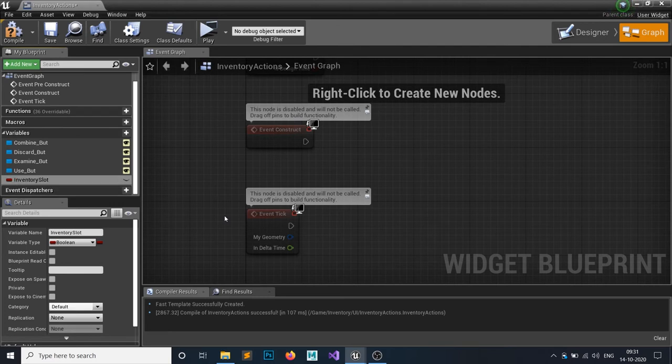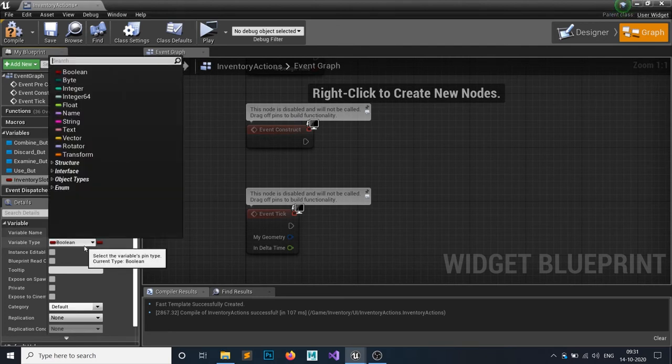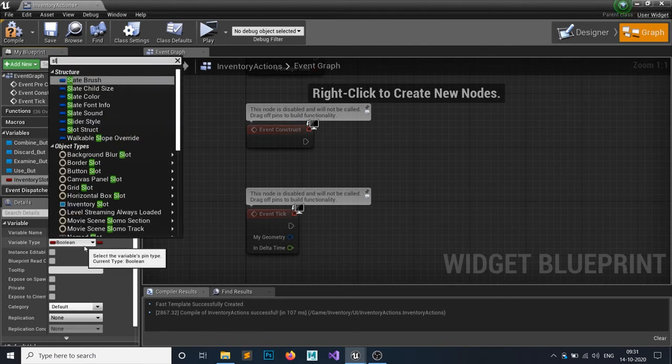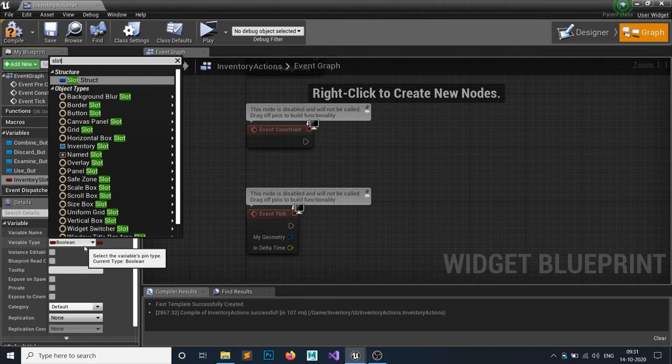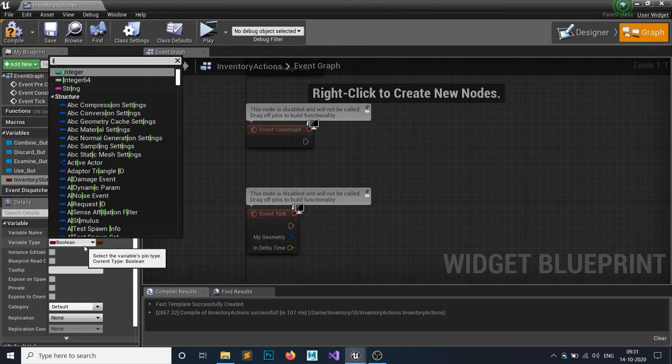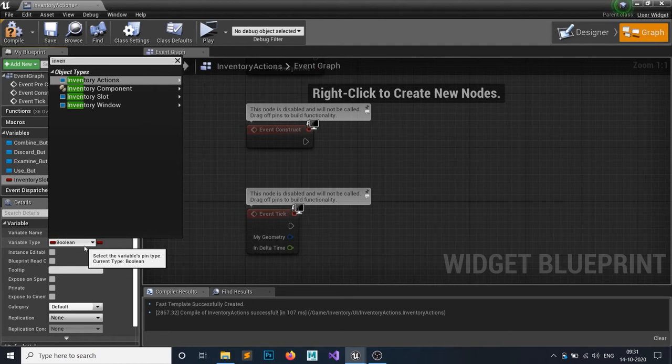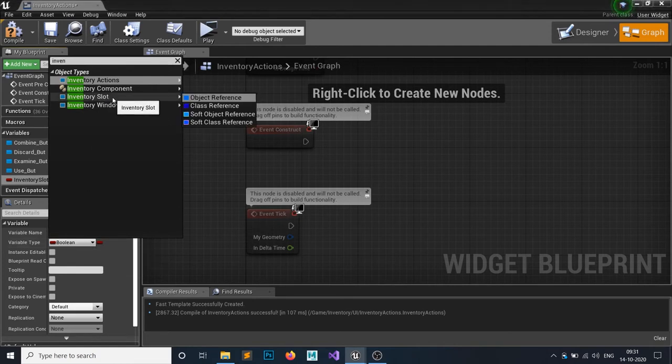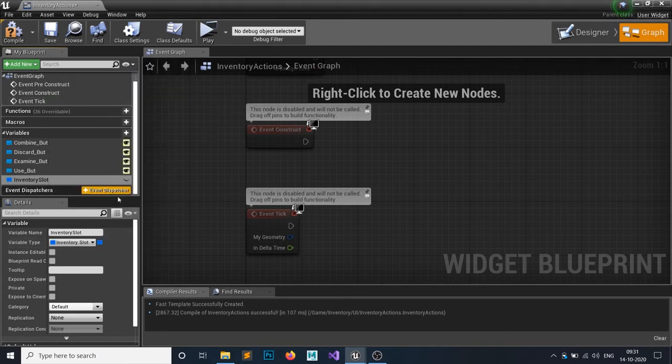The type would be your inventory slot, the UI object reference we want. And we want this one instance editable and exposed on spawn, because we want to expose this whenever we create an inventory. So make it instance editable and expose on spawn.